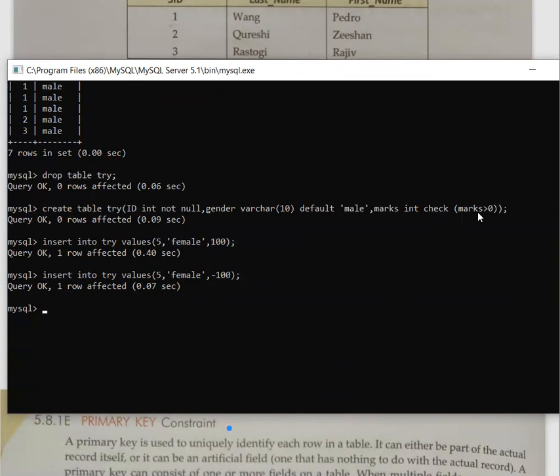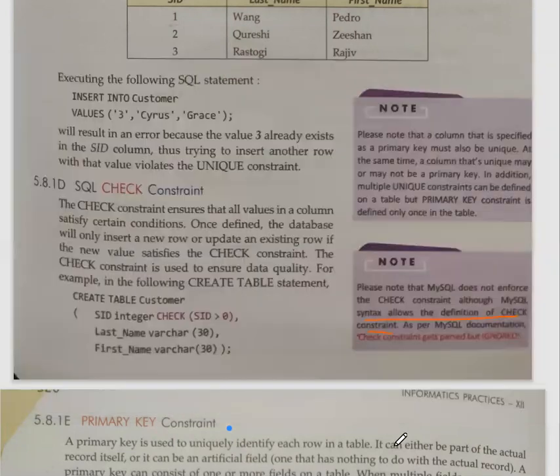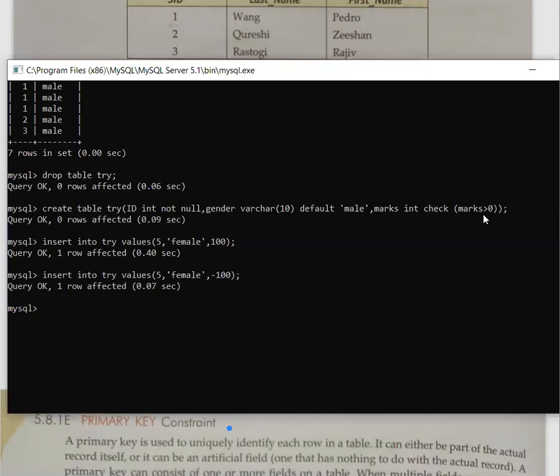But as per the check, it should not work. Just now we discussed that the definition will be allowed, but it will be ignored. It means it is not going to work. I hope this is clear to all of you. So in the exam, if this type of question comes, you are going to write this check constraint. This is how you are going to write it, but you have to remember that practically it will not work. Theoretically, we will be writing like this.